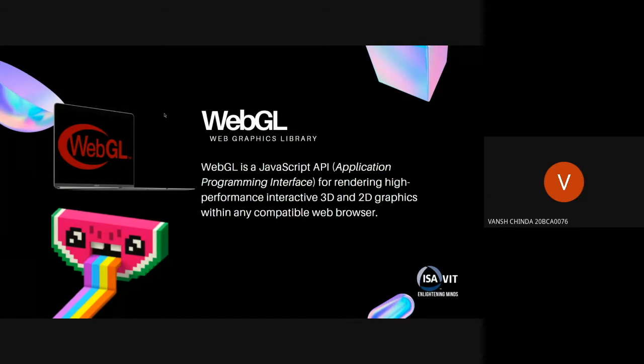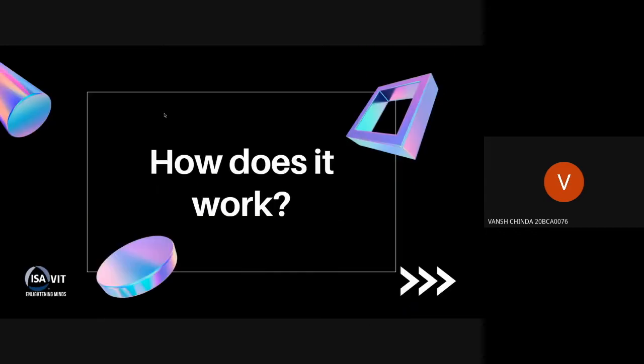To understand this much deeper, we'll have to understand how it works. WebGL is often thought of as a 3D API. People usually think, let's use WebGL and I'll get some cool 3D graphics. But in reality, WebGL is just a rasterization engine. It doesn't do that much 3D for you. You give it some code and it rasterizes that code. We'll understand this term rasterizing much later in the slides, but let's just keep it in mind.